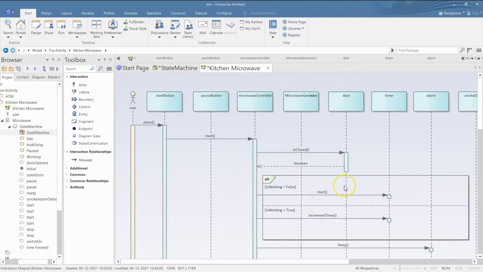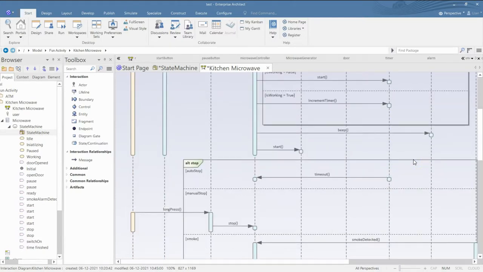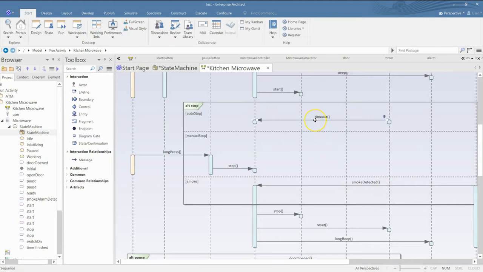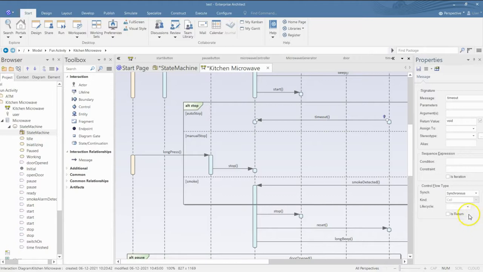Another very important aspect is this. We have got the flow down. Another thing that we need to look at is when these devices communicate with our controller. See, timeout, right? Does the timer really bother what happens with its signal? No. So we will say that it is asynchronous. It's a message, the return of which it is not interested in. It doesn't bother what happens to it. It just sends the signal, and in this particular case it basically just ignores what happens afterwards.